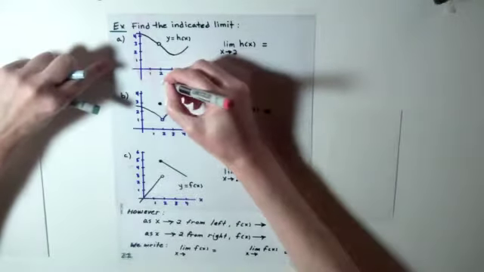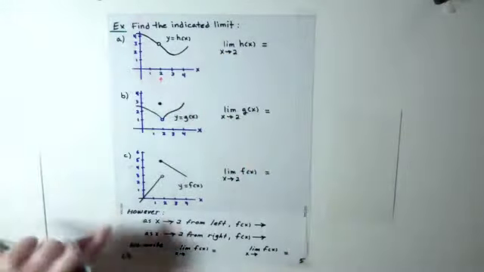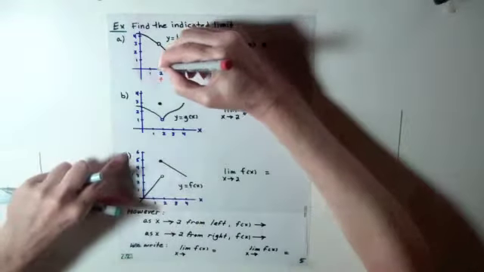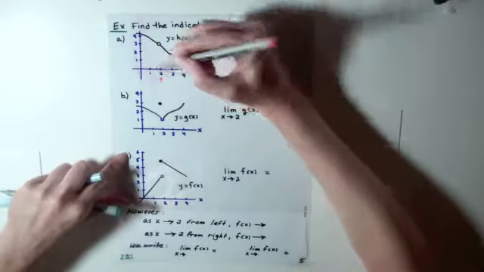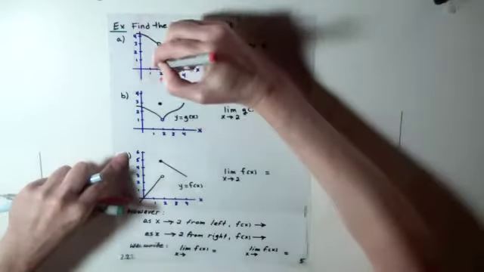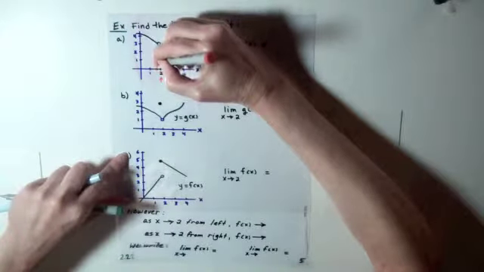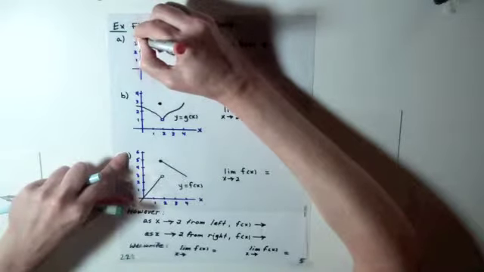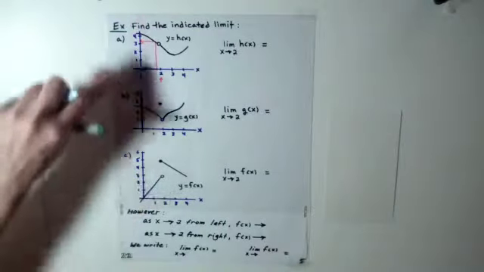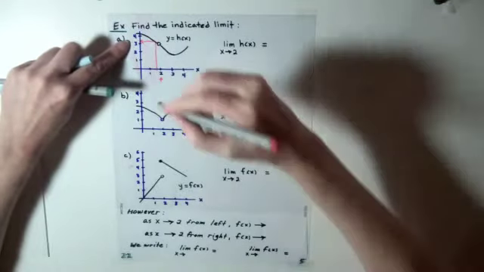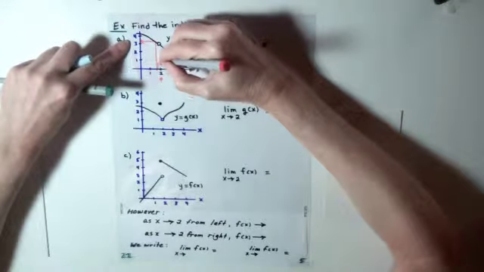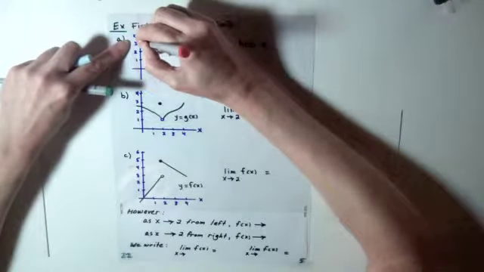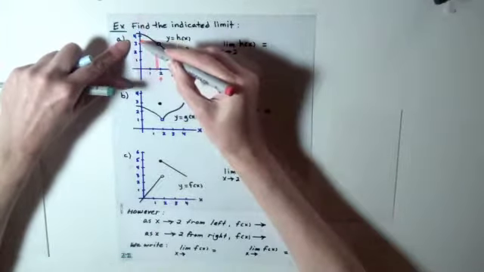So I'm going to get closer and closer to this number 2 on the x-axis. Well, if I choose a number that's a little bit less than 2 as an input, say I choose this number 1.8 right here, how do I find the output? I go up to the graph and I go over to the y-axis. And it looks like I get a number that's a little bit above 3. As my inputs get closer to 2, it looks like the outputs are sort of marching downwards